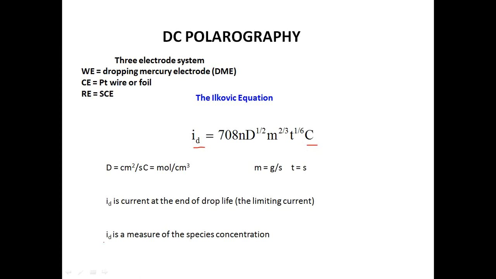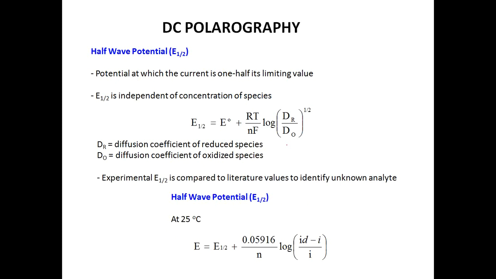The ID which is measured is totally dependent upon the concentration of electroactive species, and we have seen the Ilkovic equation, ID is equal to 708 n D to the power half m to the power 2 by 3 and t to the power 1 by 6. So the diffusion current at the end of the drop life is measured, which is the limiting current. In DC polarography, we also talked about the E half value, that is the half wave